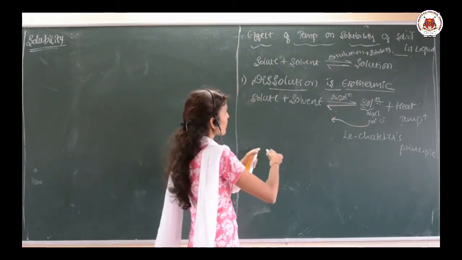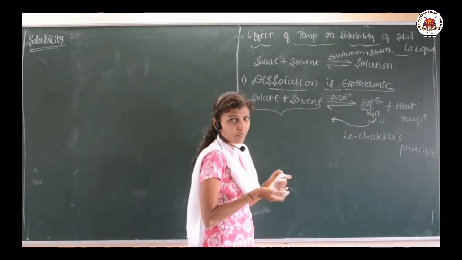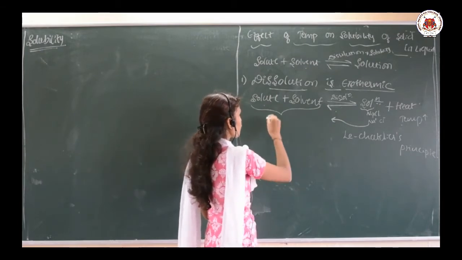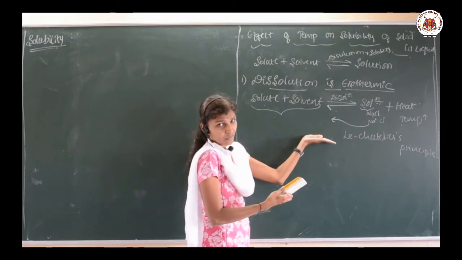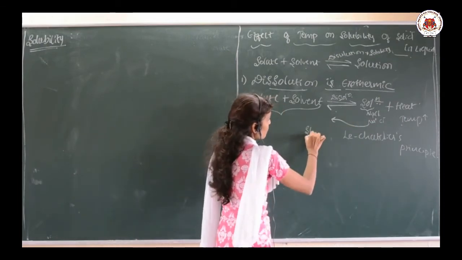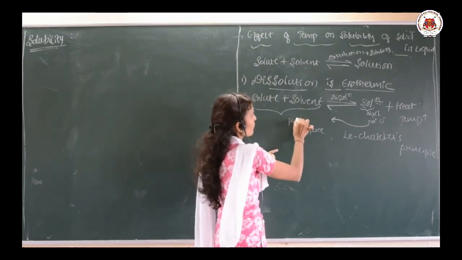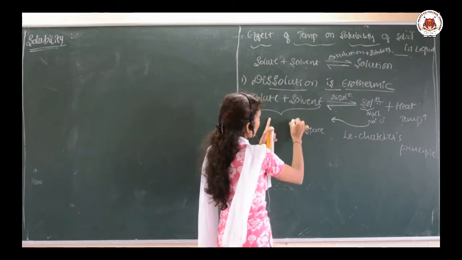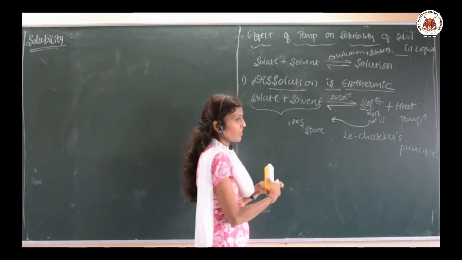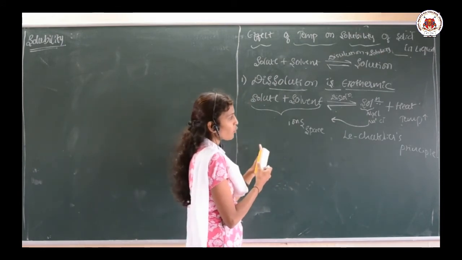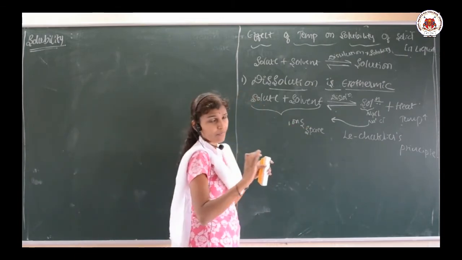So, what happens? Already on the reactant side, solute and solvent particles are present. These particles do not have space for solubility. Here the solute and solvent ions are present, so how can more dissolve? Because more space is not available. So, what I mean to say is that here the solubility is going to decrease as